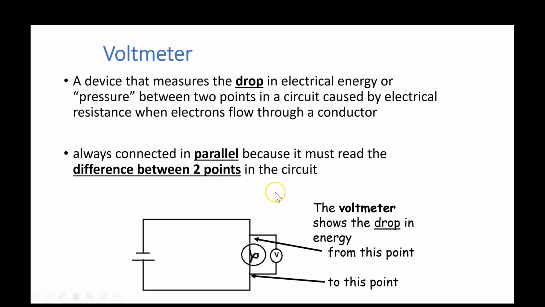So that is why the voltmeter is never placed in series. It is always connected in parallel. So in this circuit right here, you see the light bulb. You see it is placed across the light bulb, and